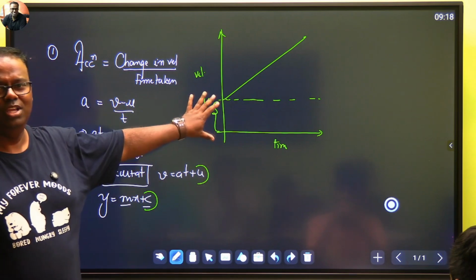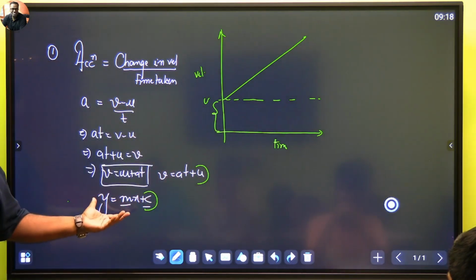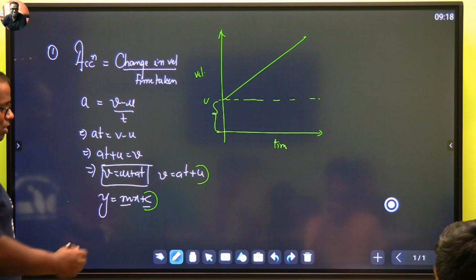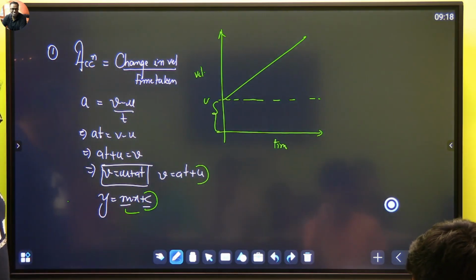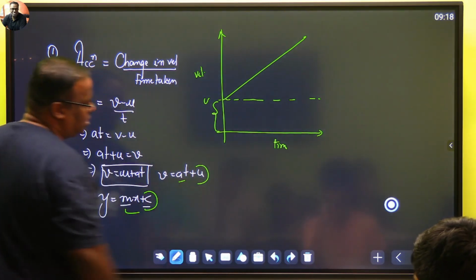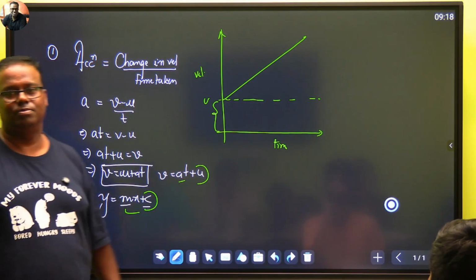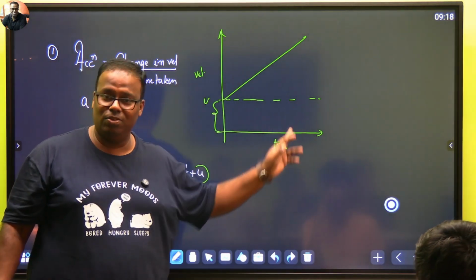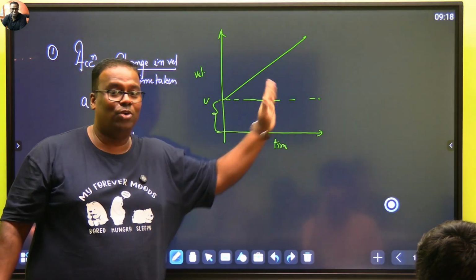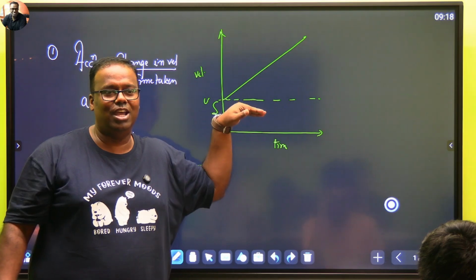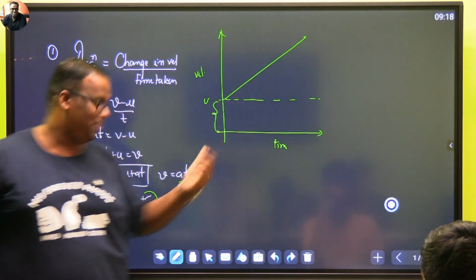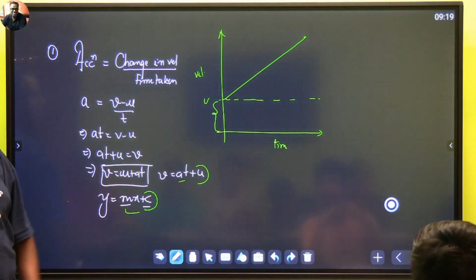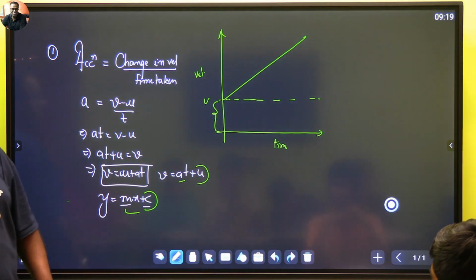So here u. Everything in physics is ultimately y equal to mx plus c, a very very important straight line. इससे दुनिया का सब कुछ चलता है. And in y equal to mx plus c, we used to say m is the slope. Now what will be the slope? Acceleration will be the slope. Because you are plotting velocity over time. Slope is always y data over x data. Rise over run. What is rise? Velocity. What is run? Time. Velocity by time? Acceleration. M is slope in our straight lines. Clear? Pehla wala equation. Right?